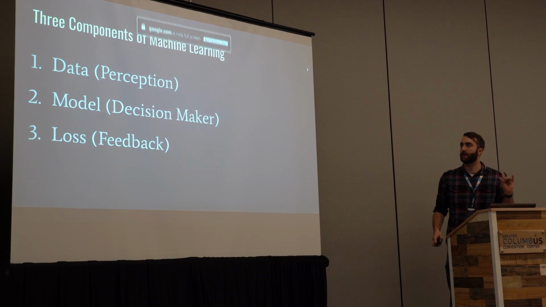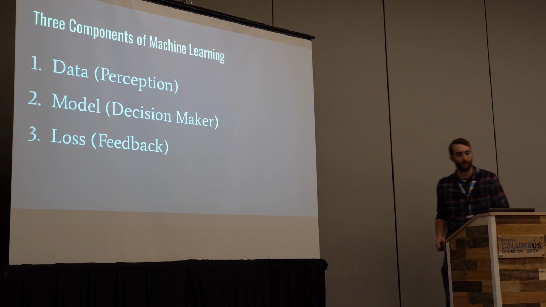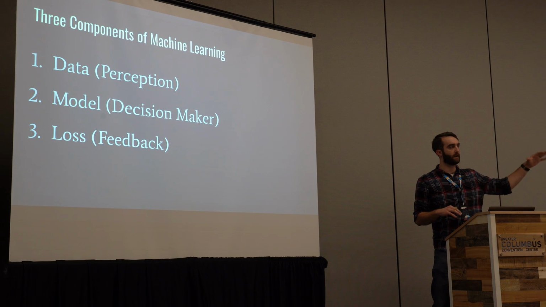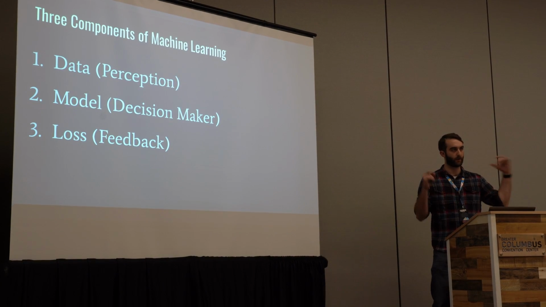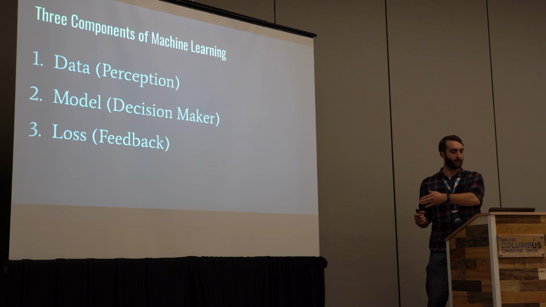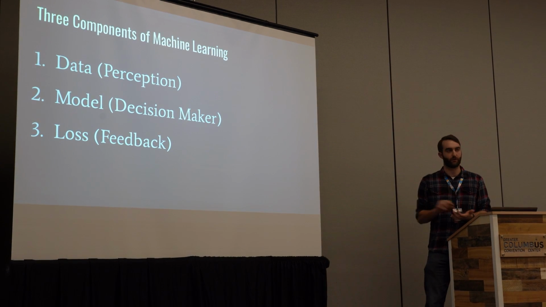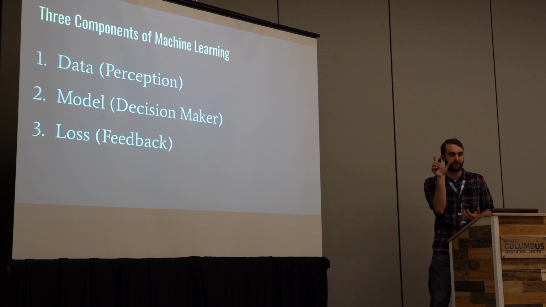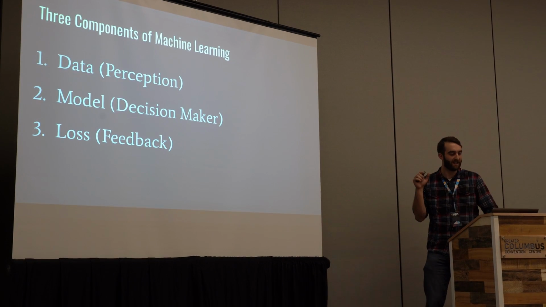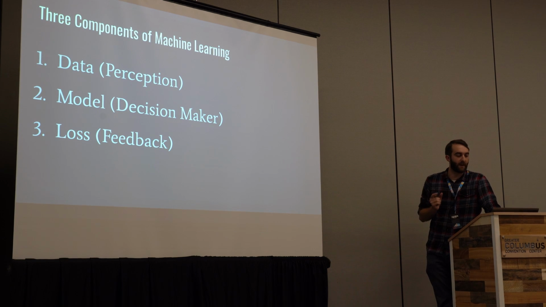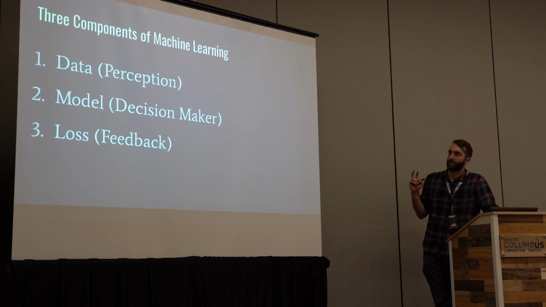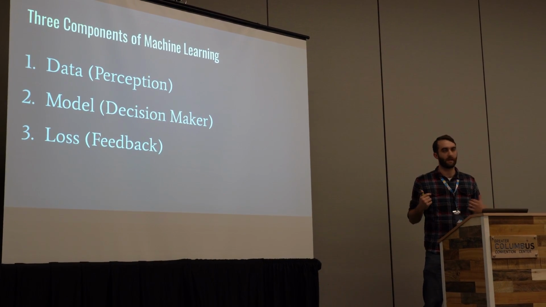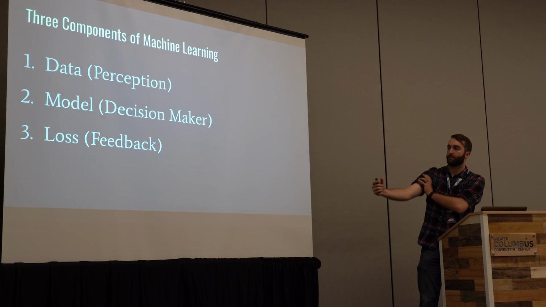So there's three things you have to figure out as a game developer in order to train a machine learning algorithm. The first thing is you got to figure out how you are going to take the state of the game and turn it into data, those floating point numbers that you're going to feed to the neural network. Then you have to choose what's going to be inside that black box. At this point in time, you can't pretend it's just a magic black box. You actually have to go inside there and figure out how you want it to be set up. And then finally, you have to choose a loss function, which is basically how your network gets feedback. We talked about the reward in reinforcement learning. The loss is basically the reward.